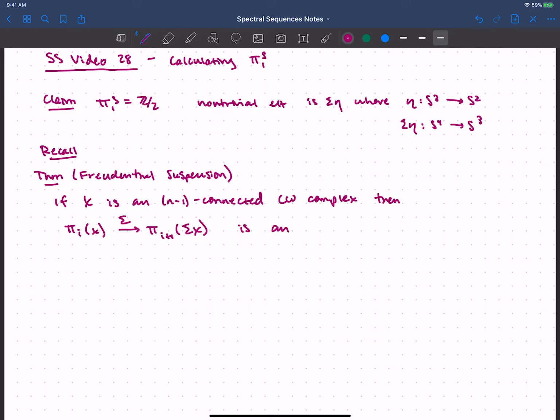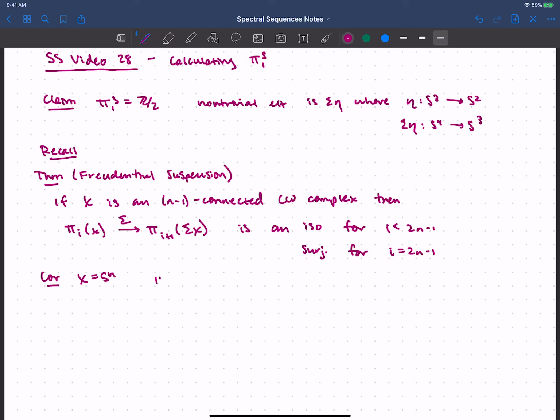And what is the claim? It's that this is an isomorphism in certain degrees. So when i is less than 2n minus 1, and the map is surjective when i is equal to 2n minus 1. Okay, and then the important corollary is when we take X to be the n sphere, which of course is n minus 1 connected,